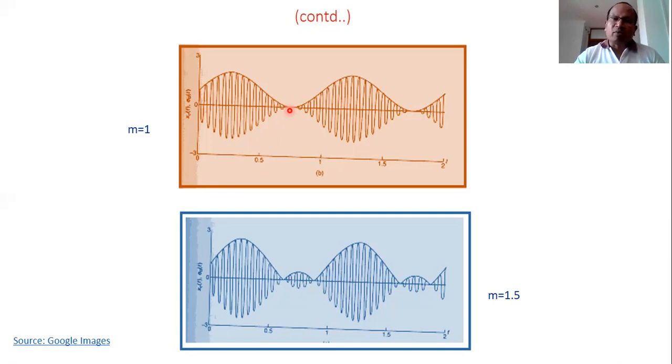At 100%, there is no problem at all. But if there is any fluctuation in the frequency of the carrier signal, what will happen? There is a possibility of interference between the two sides, and that will cause distortion in the system. And therefore, it is preferable to choose the modulation index lesser than 1, that is less than 100%.